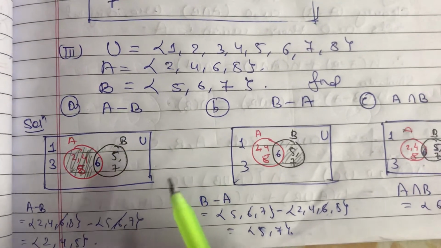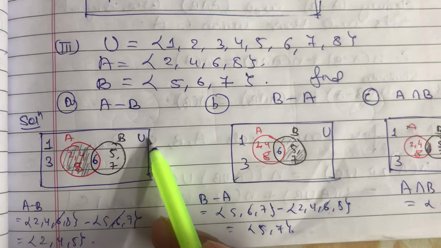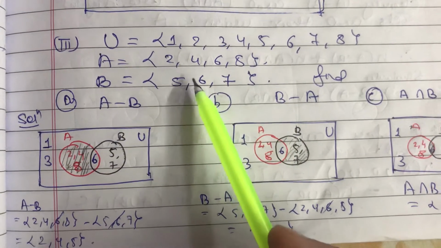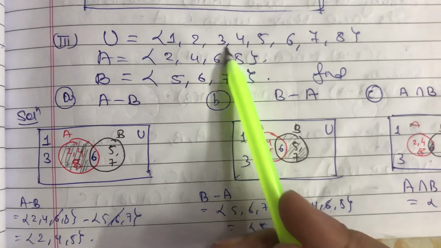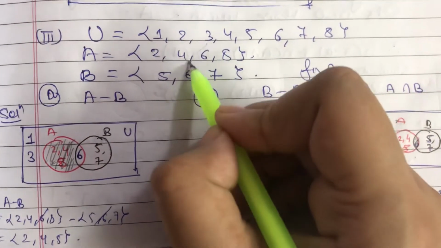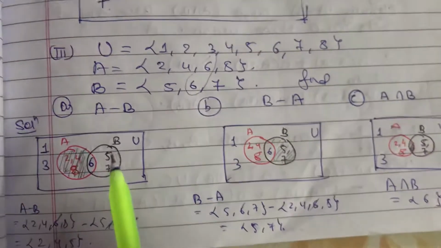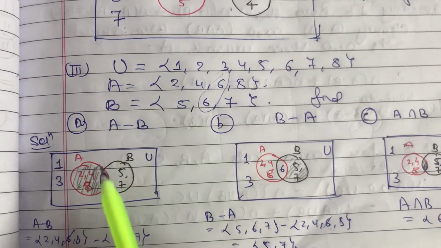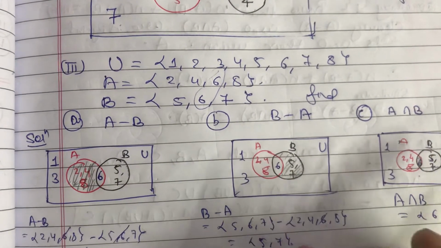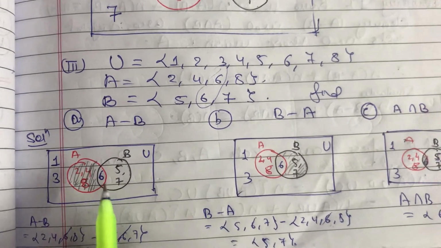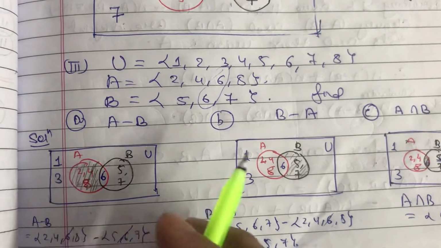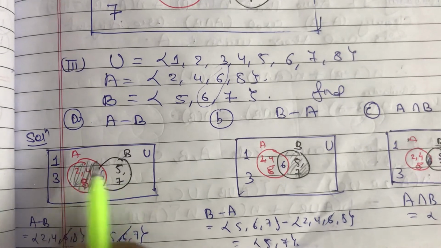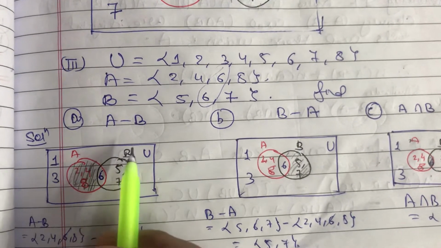Now how to represent? This is my universal set, right? Now is there any relation between A and B? 6 is present here, 6 is present here. Yes, the only element which is common in both is 6, which means that neither A is a subset of B nor B is a subset of A. So we can represent it using this, which I have told you in the previous video how to represent it, right? In that case, we'll use two circles to represent sets A and B. Red one is for set A and black one is for set B.